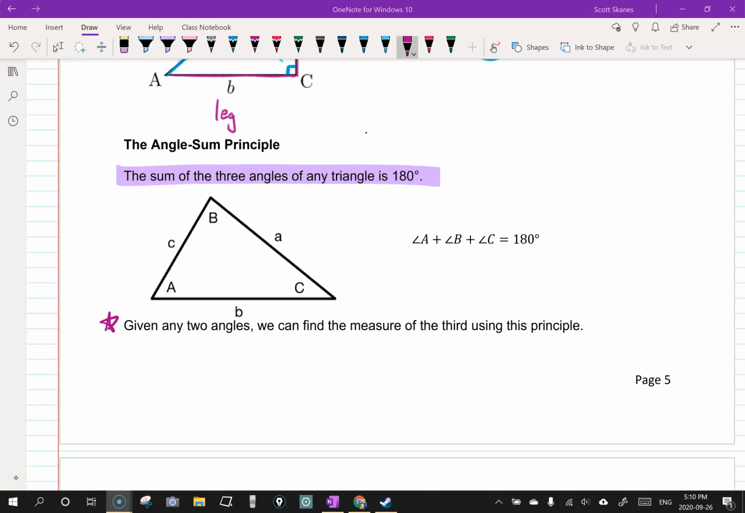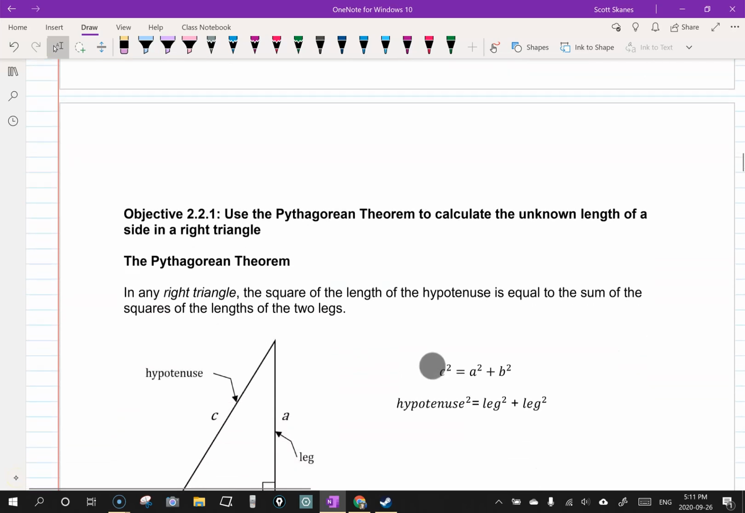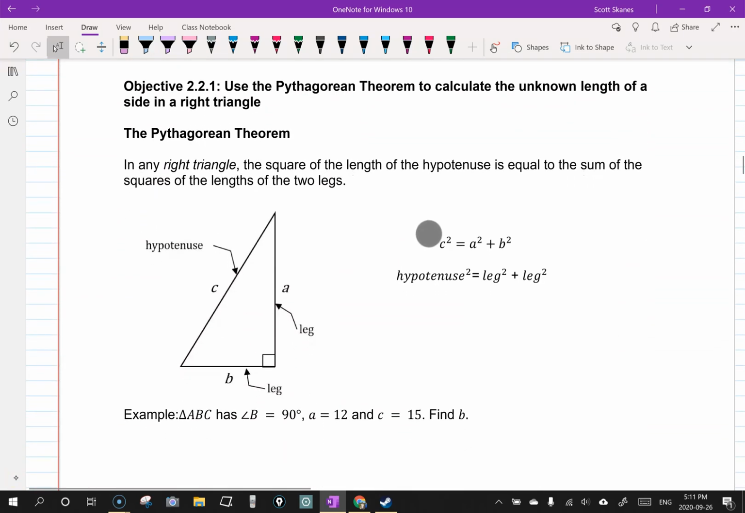So let's go just a little bit further and do our last theorem of the day, which is going to be the Pythagorean Theorem, which I believe you would have seen before, and hopefully you have, but if not, this is going to be a nice review for you. So the Pythagorean Theorem, we're going to use it to calculate the unknown length of a side in a right triangle. We usually use it